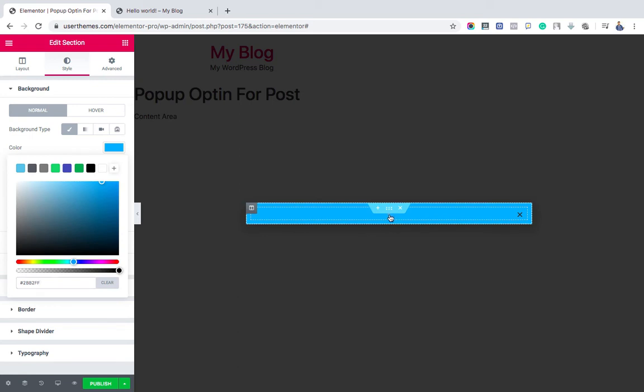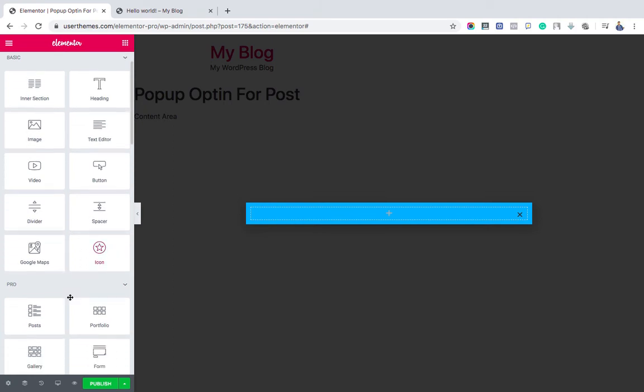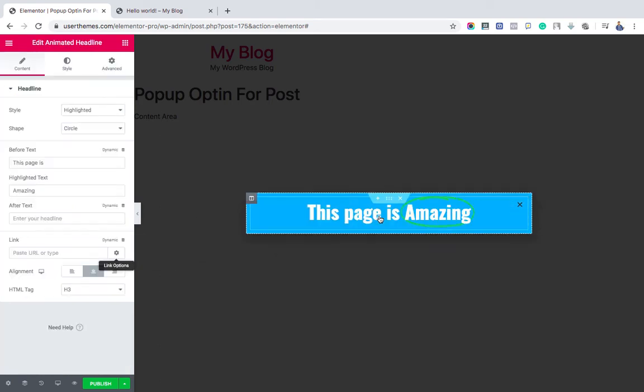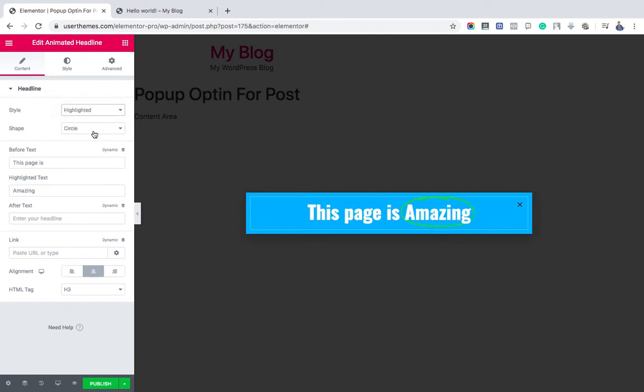Now go to the Elementor section. I just want to grab my reader's attention and hence adding the animated headline element. I'm just dragging and dropping the element to the right section and you can see the highlighted text. In the left side settings, look at the style options available and the shape option as well. You can see